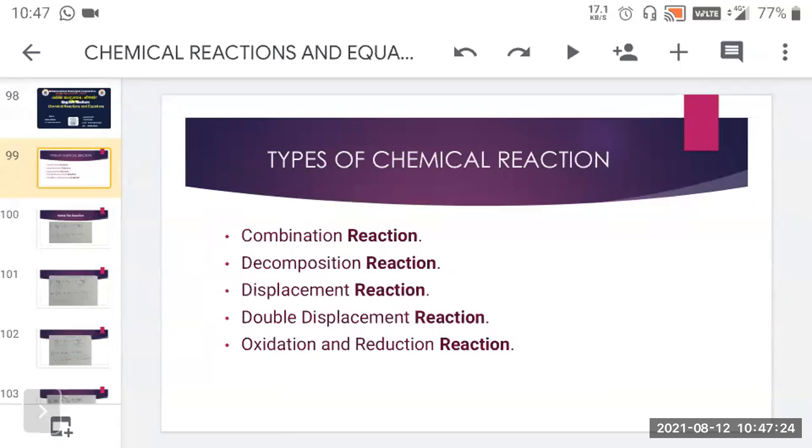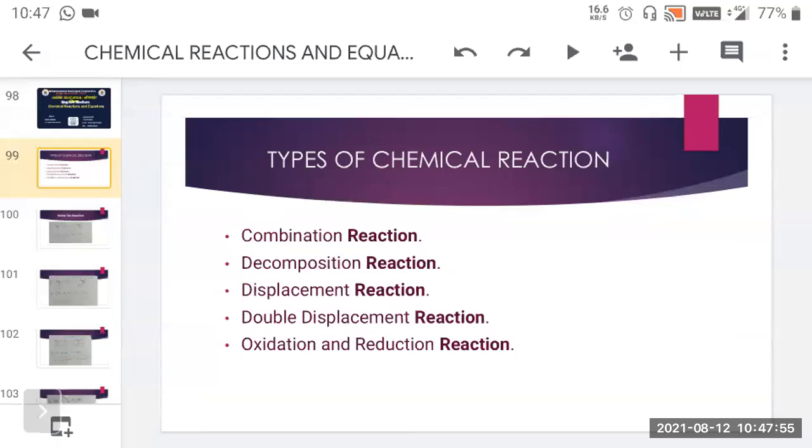Now for this reaction, if you want to understand whether the given chemical equation is a combination reaction, one thing you should know is that in a combination reaction, 2 reactants combine to form one product. Whatever reactants are there on the reactant side, they will combine and give one product. That shows that there is a combination. It combines and forms a product.